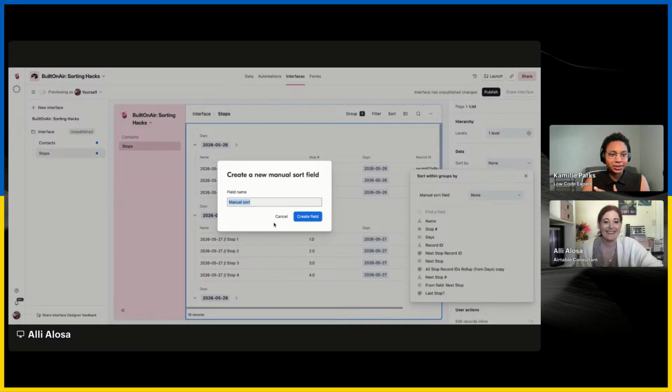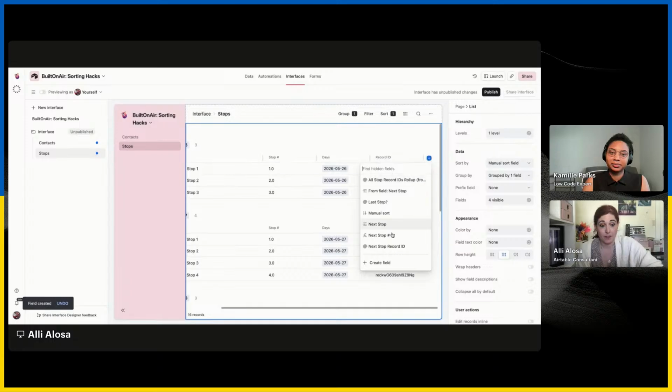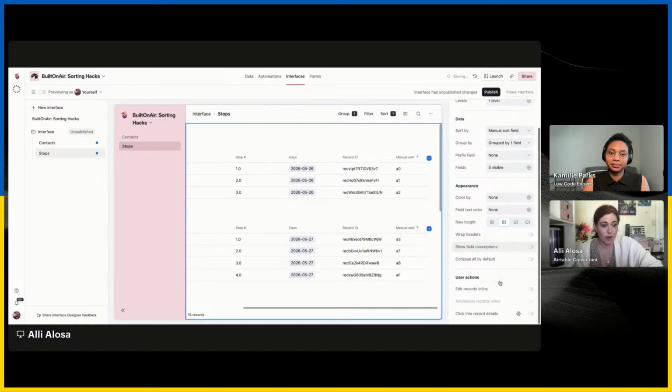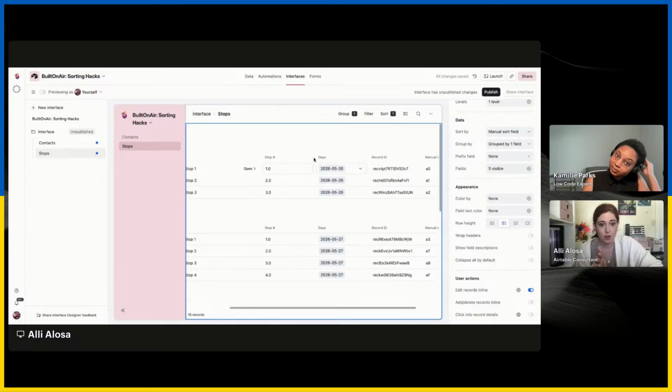That's correct. So it's quite a confusing field, but basically what it lets us do is it actually does add a field here called manual sort. And when I allow for editing inline, I can,